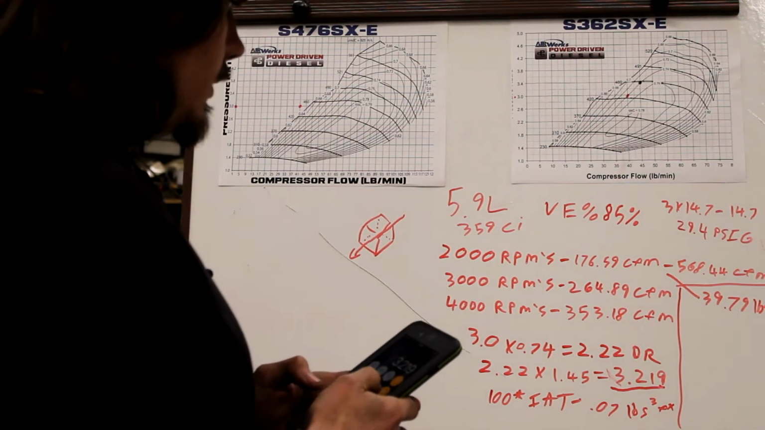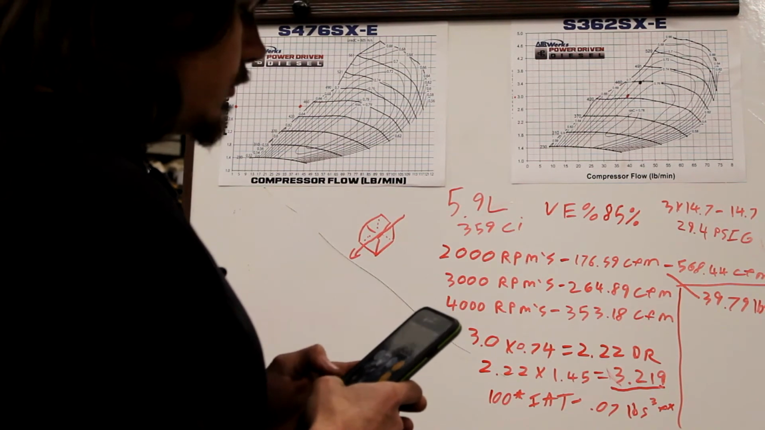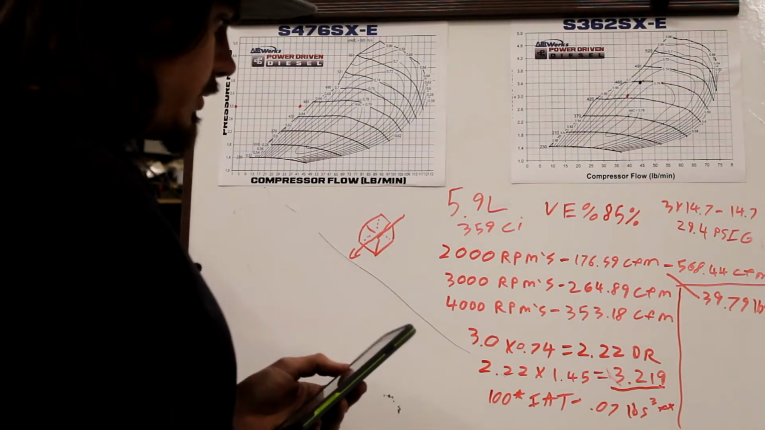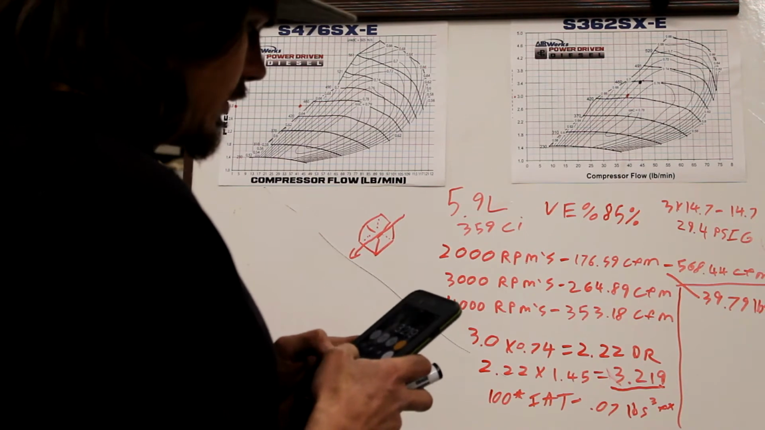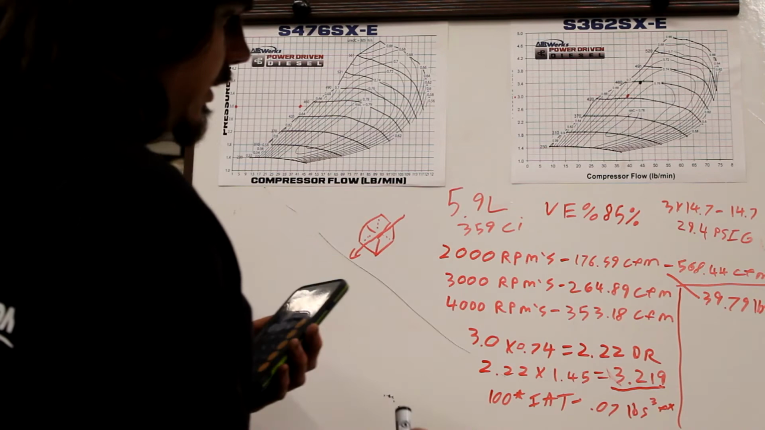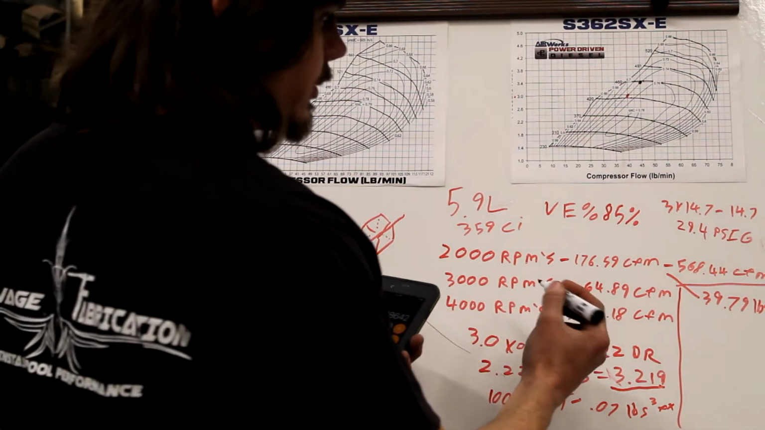3.219 times 353.18. Make sure that was right. 3.21 times 353. So by increasing the engine RPMs by 2,000 RPMs at the same boost pressure, we've gone from